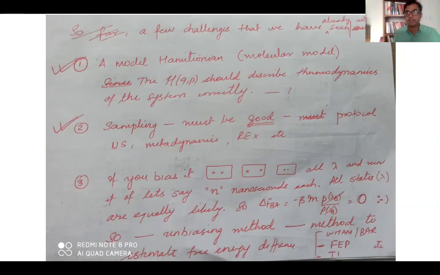So you have equal sampling of all of them, right? Does it mean that all states are equally likely? That's not the case, right? So there is an unbiasing aspect that has to take place, and there the energy aspect also comes into play. So it is important to understand how the free energy difference and the energy difference are connected for the different states that we have, and that is the main topic of discussion for us today.